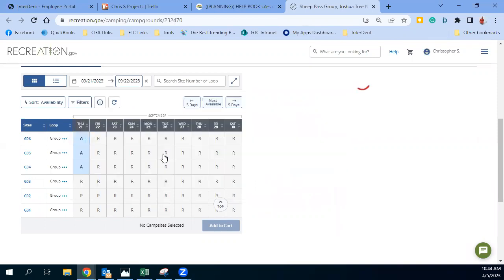So I just put 2 dates in here. So September. For right now, all these dates are reserved. So you see that people are going in and they're reserving these dates. So what we need to do is we need to go in here